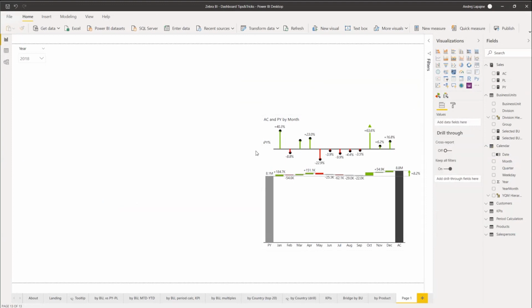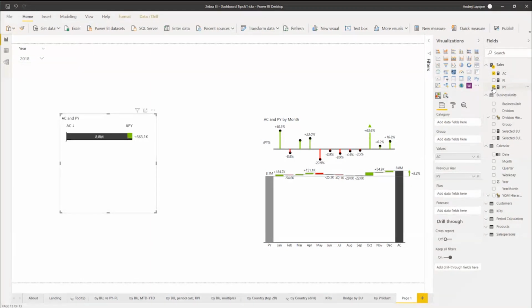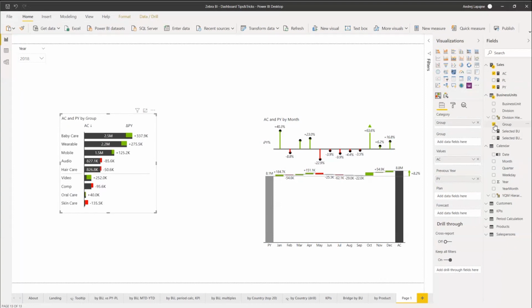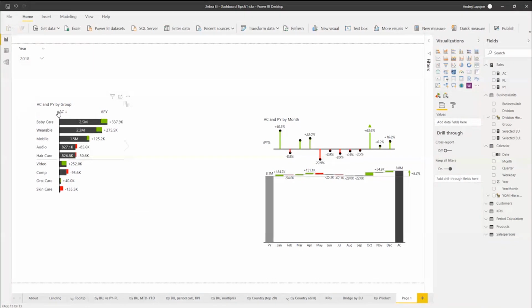But if you have the other situation, like we said, okay, where you, for example, do a similar thing, actual versus previous year, and now you do a breakdown by another dimension, which is not time. So basically, anything that is not your calendar, then use vertical charts, like we have, for example, in Zebra BI. Let me do a split by some group of business units. You see now I have the chart with the vertical axis. Again, I have the variances. So you see, now I understand